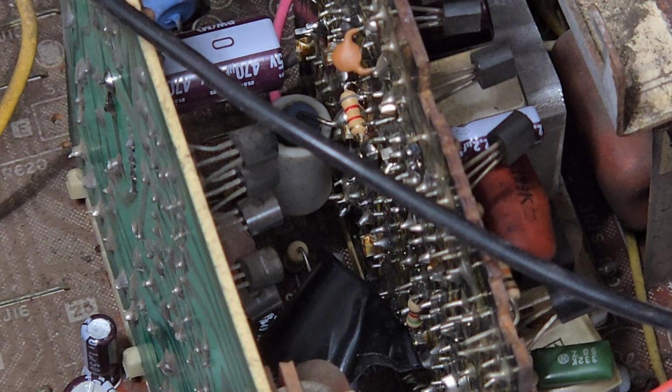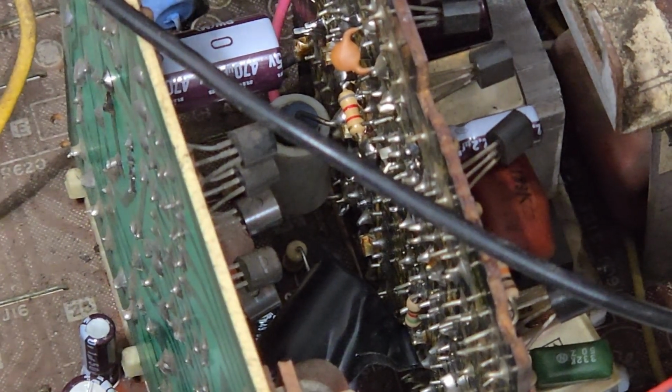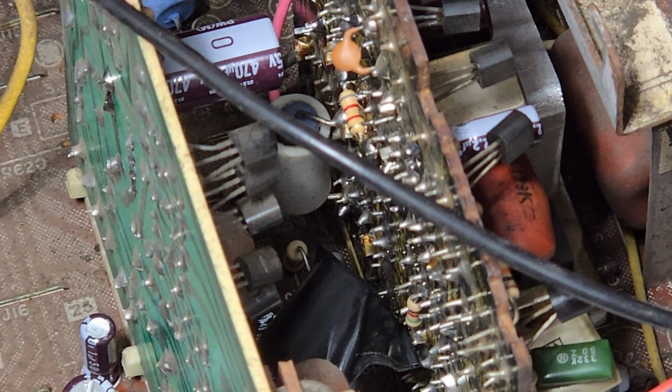Alright, so this is the part of the show where I plug this in and either have a capacitor explode, that resistor that you're pointed at is going to light up, or I shower myself in x-rays, or it works. So you're going to be looking at that resistor there. I got safety glasses on in case a capacitor blows up. I don't want to damage my eyeballs. I kind of need those to look at these things after they're working. Yeah, you're going to look out for that, and I'm going to see if it powers on. Here goes the interlock and the power, and